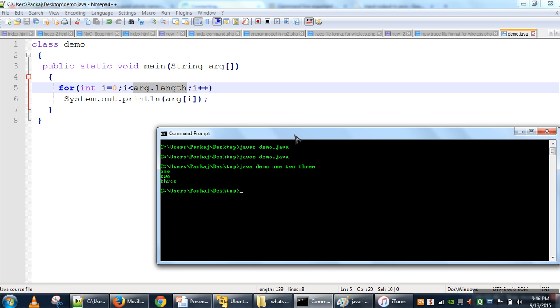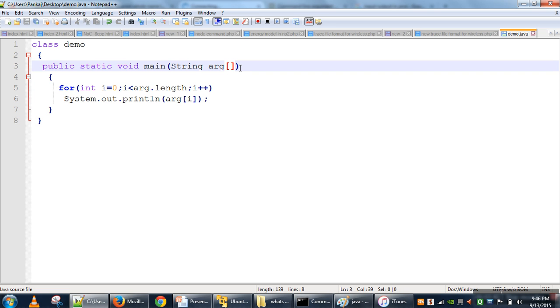Now there is one more thing you have to understand here. In Java there is a concept of variable arguments. If I change it to this one, String triple dot arg, what is the meaning of this type of declaration? This is a variable, and arg can store any number of arguments during the call of the main method.